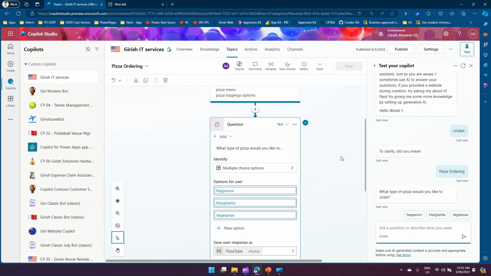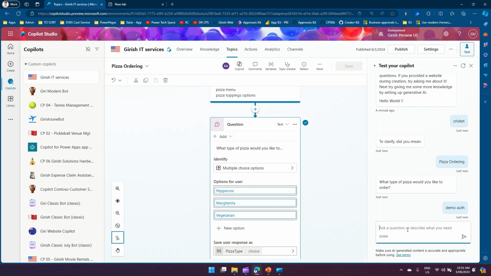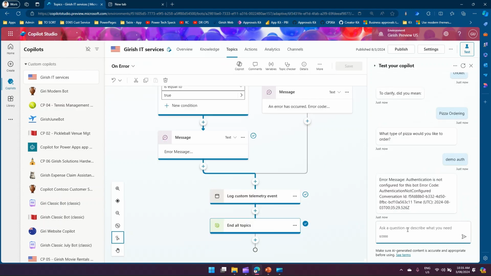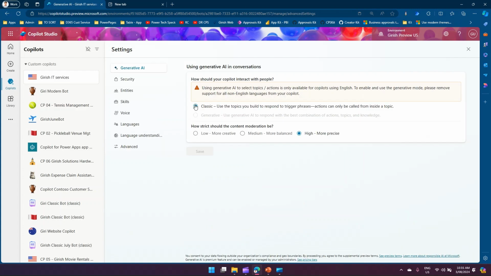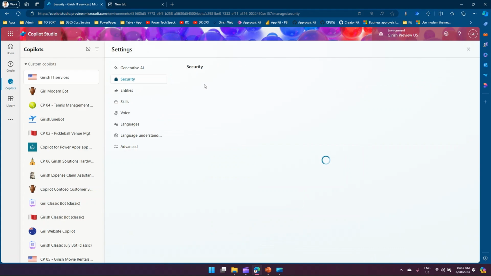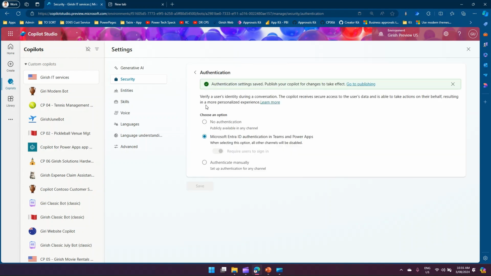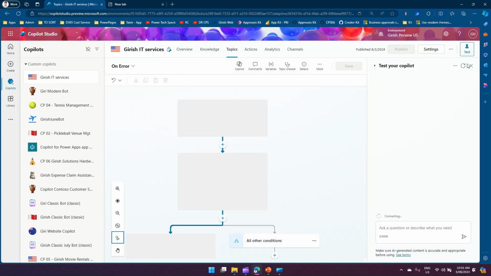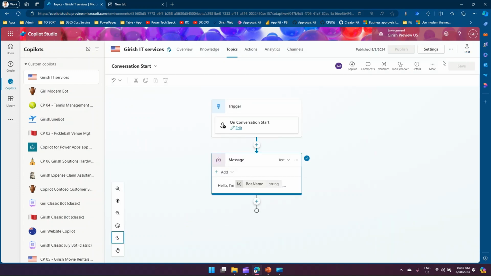basically resolved. Now, from a demo auth perspective, we were just demonstrating the authentication mechanism. So I just typed in demo auth. Now it says authentication is not configured for this bot. So what we need to do is go into the settings, go into security, which we have already done. We have gone into authentication, and then we have set Microsoft Entra ID authentication in Teams and Power Apps. So what we need to do is publish this bot. We have already published this bot before,